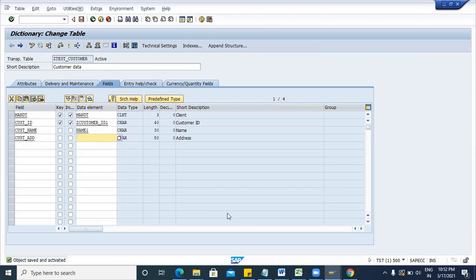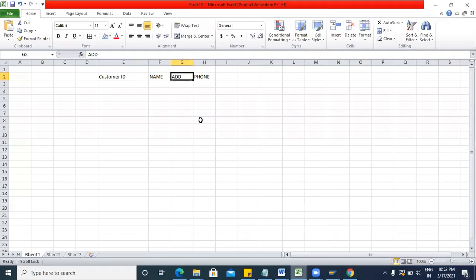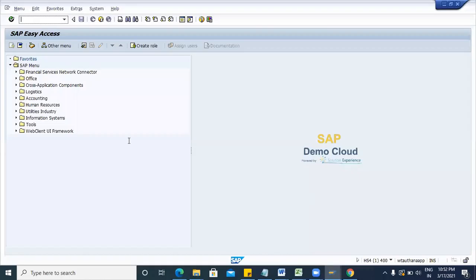So now the next point is how to maintain data. Like you are maintaining 10, name ABC, address Delhi. I will not take this field; we are taking only two fields. So what is the primary key? Let me explain about the primary key.